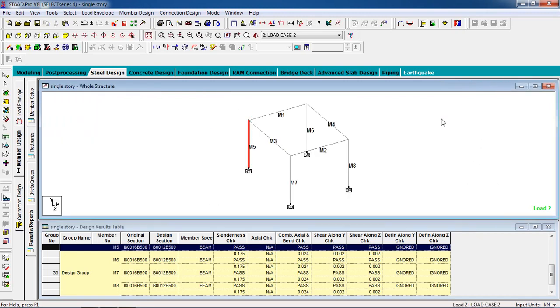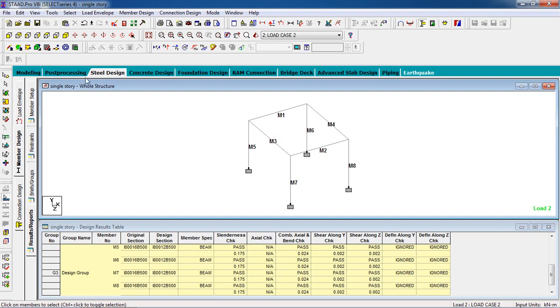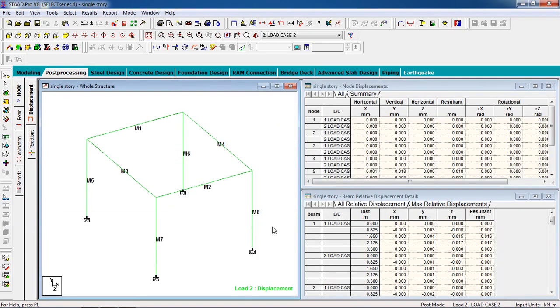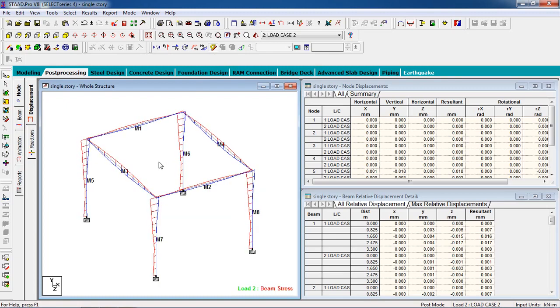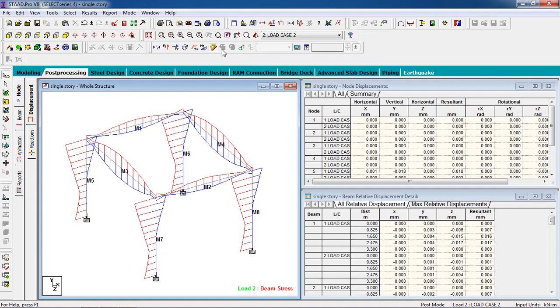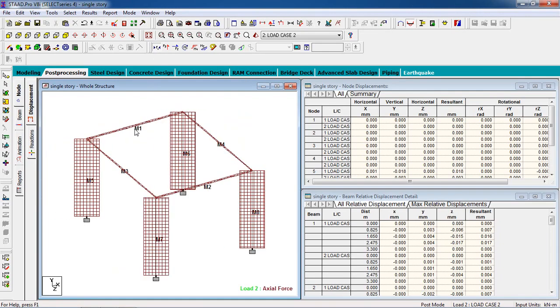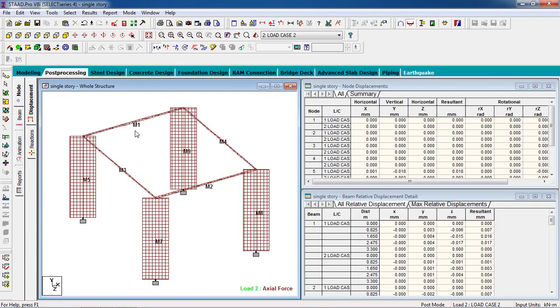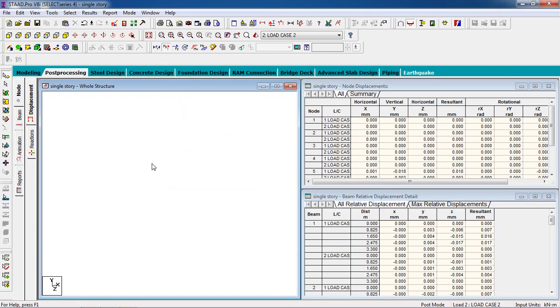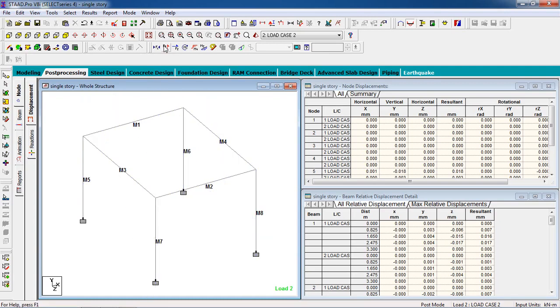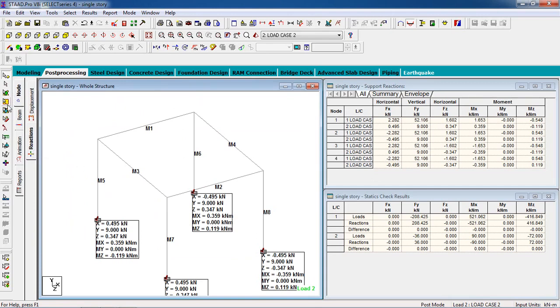You can go to the post processing. You can see the displacement, beam stress, axial force for column and beams, shear on Y. You can have the reaction.